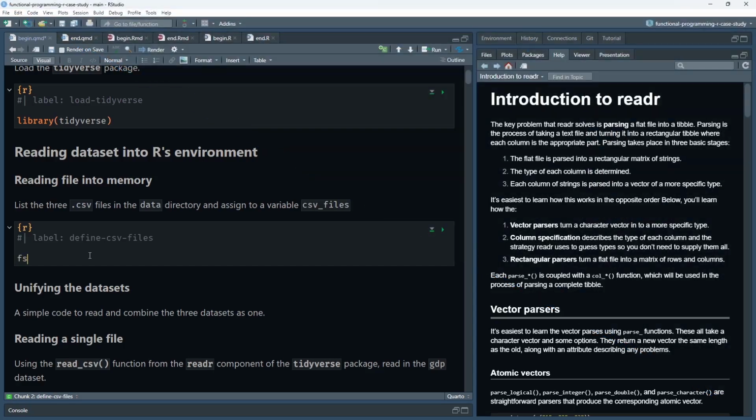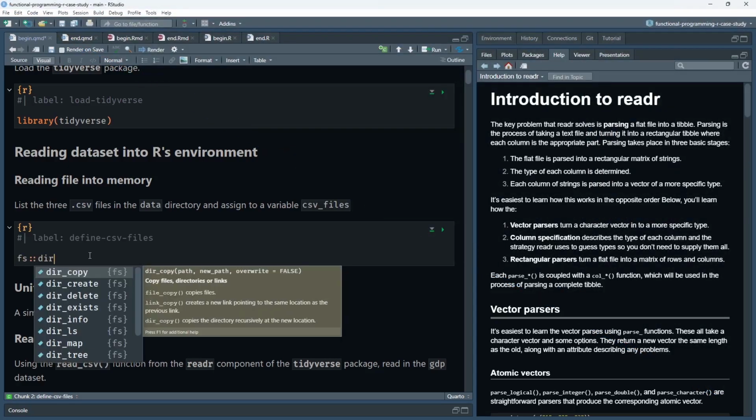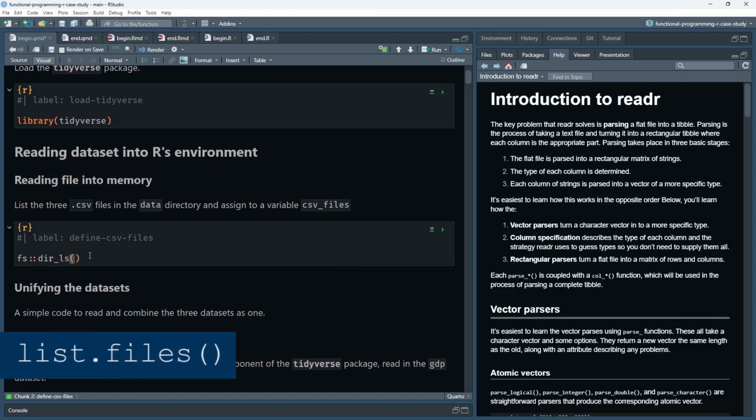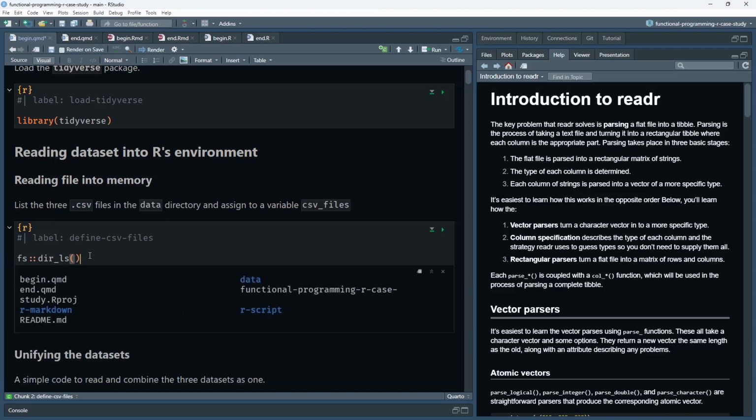To see what is in the current working directory, we can use the dir_ls function from the fs package or the list.files function from base R. The fs package provides a convenient way to handle the file system in R, but you can use either approach to list the contents of the current working directory. I have the fs package installed, but have not attached it to my search path, so I am using the :: operator to access its